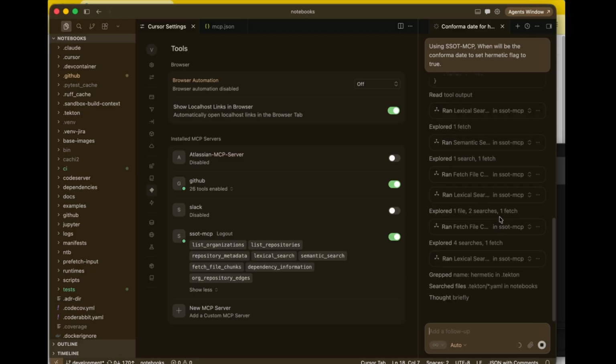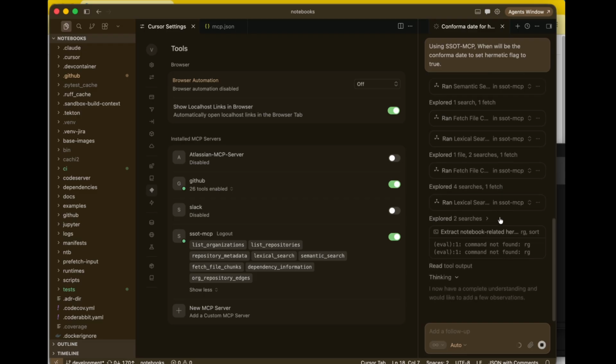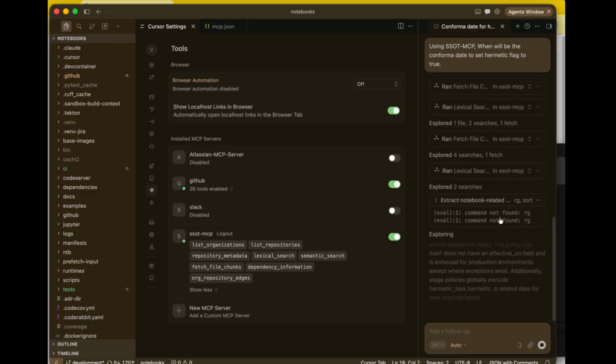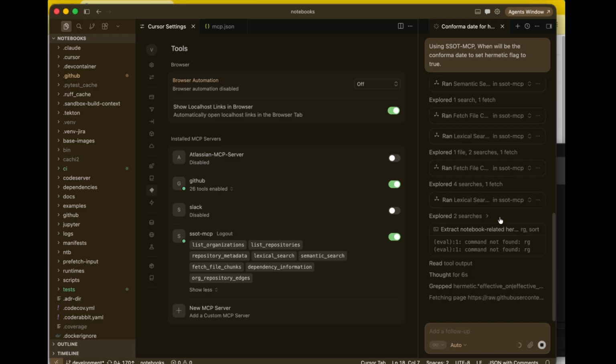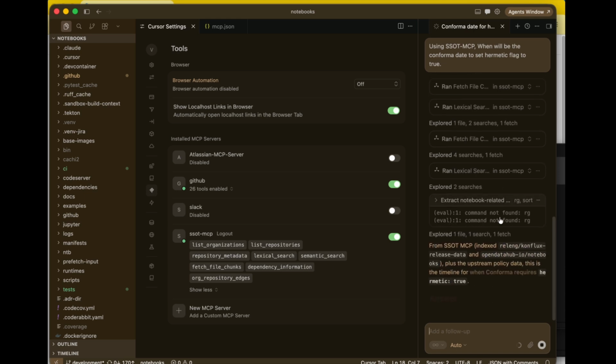A few moments later. All right, so one moment later, let's speed up the demo here. And you see it scans through a lot of repositories. Basically, it scans through a project that I set up in my SSOT MCP server. And it's looking good, actually. Yes, so it looks like it got the right